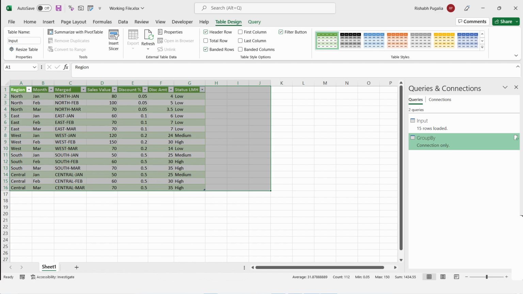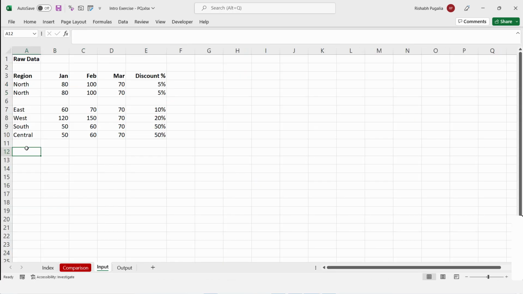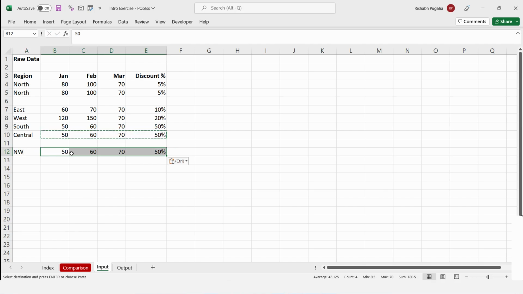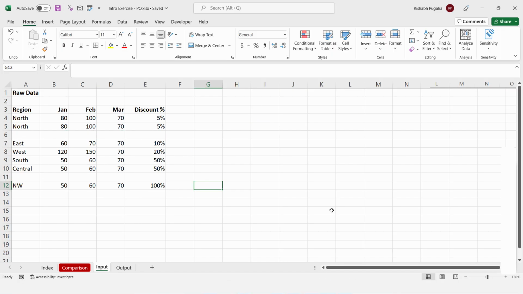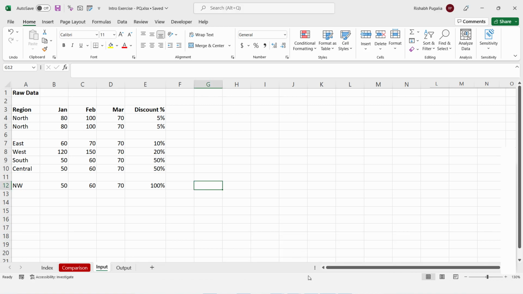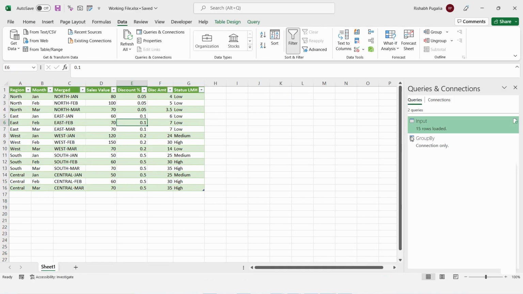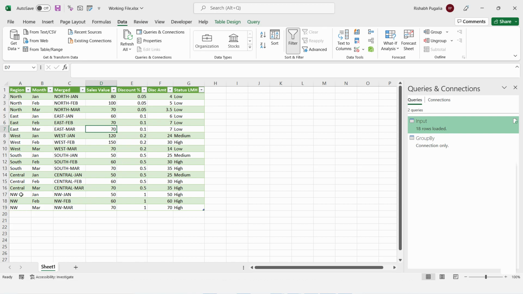But right now, I wish to go back and show you that if I make changes in the input sheet, let's say I'm adding an entry called Northwest, I'm copying the same values, maybe change one of them to 100%, and save the file. So now after saving, if I go back to the other file where I have got these Power Queries built, I'm going to right click on this part and say refresh. So notice I have got this Northwest added with 1 representing 100% discount,